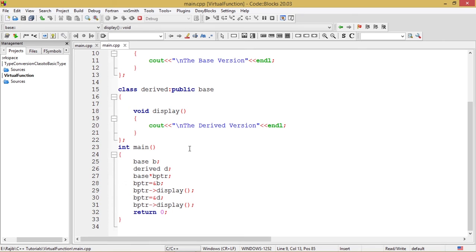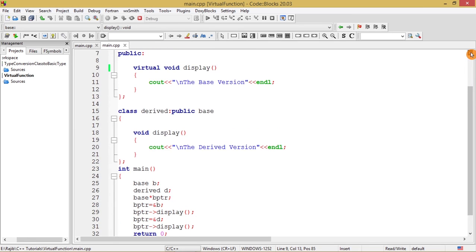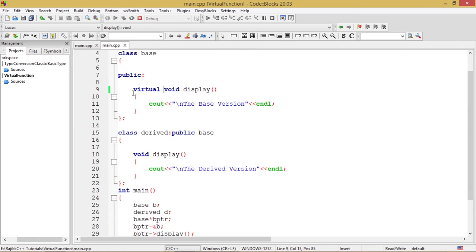Since it is a base pointer, we should expect that bptr->display would have invoked the base version. But since we made this base class version virtual by the keyword virtual before void display, this function has become a virtual function.